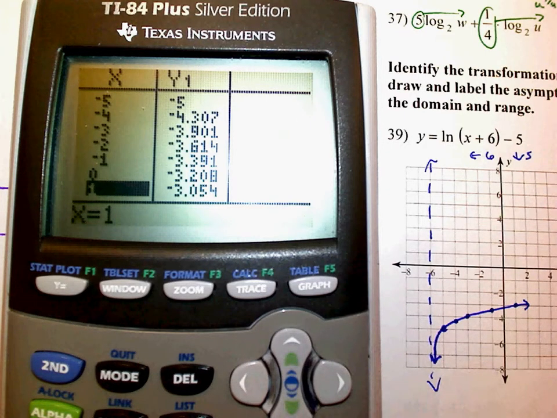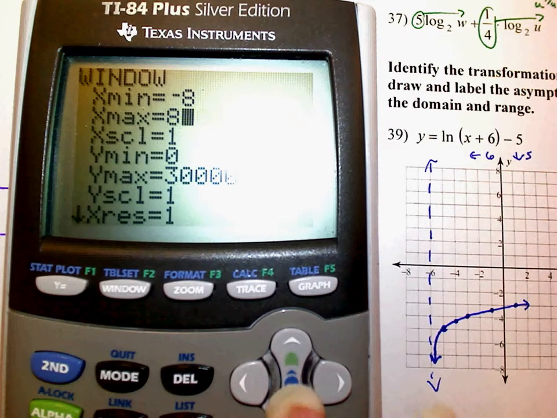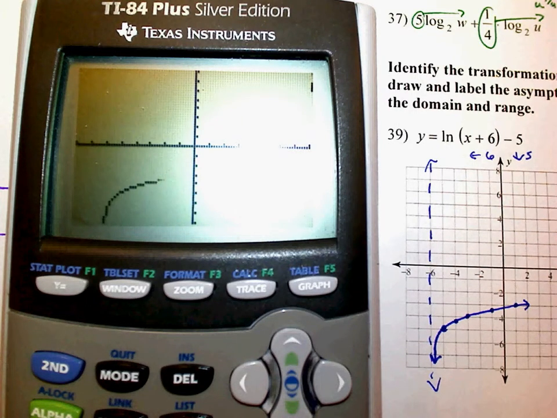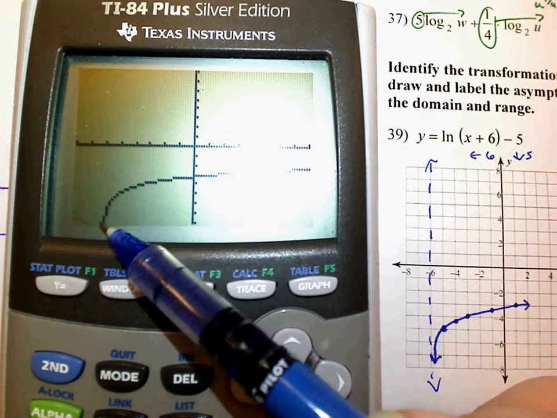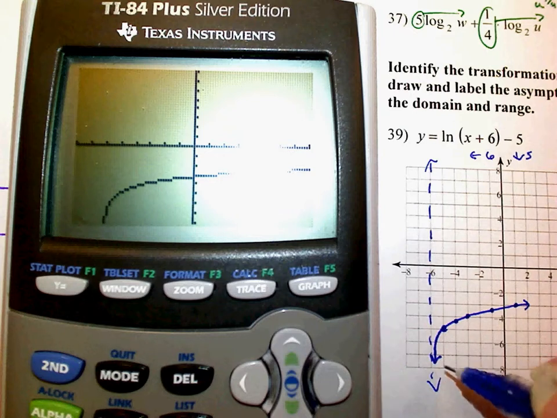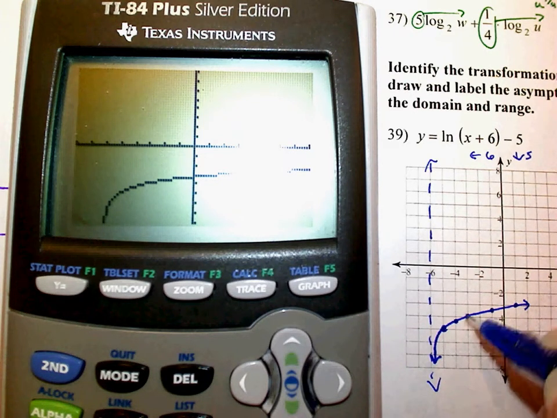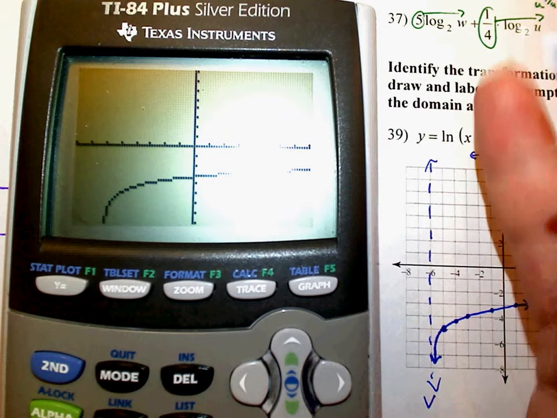Right there. Now, if you look at the graph, I'm going to go negative 8 to 8, negative 8 to 8 on my window. But look at my graph. Here's what I see. Okay, so you actually do see it going down a little bit, and that's good. So you remember to sketch that, okay? But if you look at the points, the first point you'll see is that one. Okay, so the only thing was, this is a vertical asymptote because it goes up and down vertical,